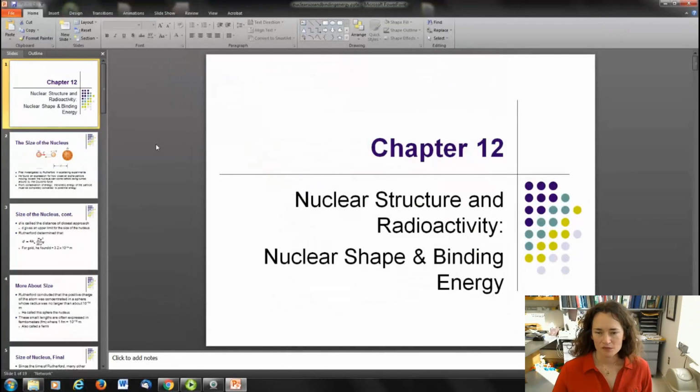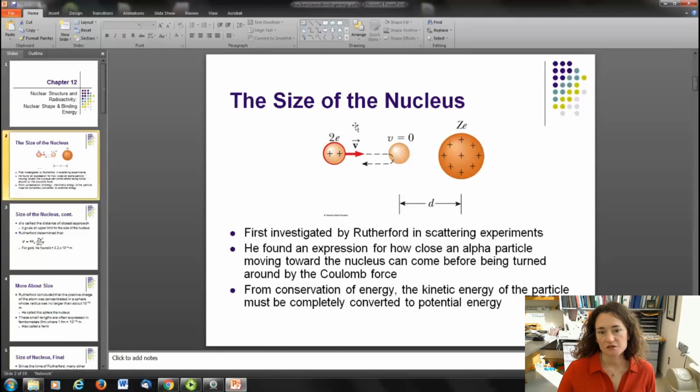Hey there. So we're going to continue with chapter 12, talking about nuclear shape and binding energy today. So first of all, some of the first experiments that helped determine the size of the nucleus was Rutherford's gold